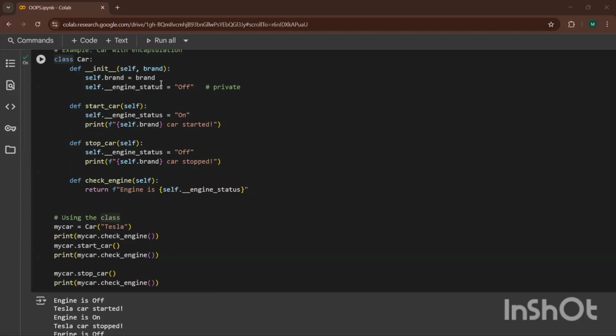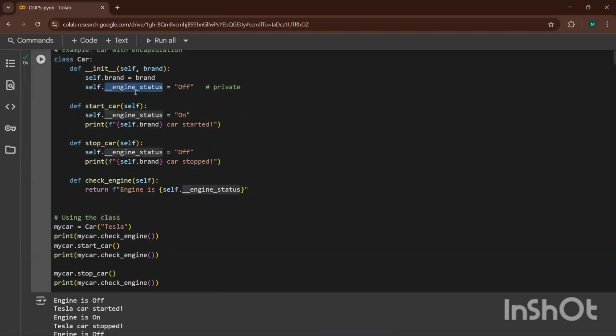Only one attribute, that is brand, as I have told. Engine status I'm putting here only as off. I'm not taking on and off in the object, in the instance. So off is the default, yes, that is the default one.